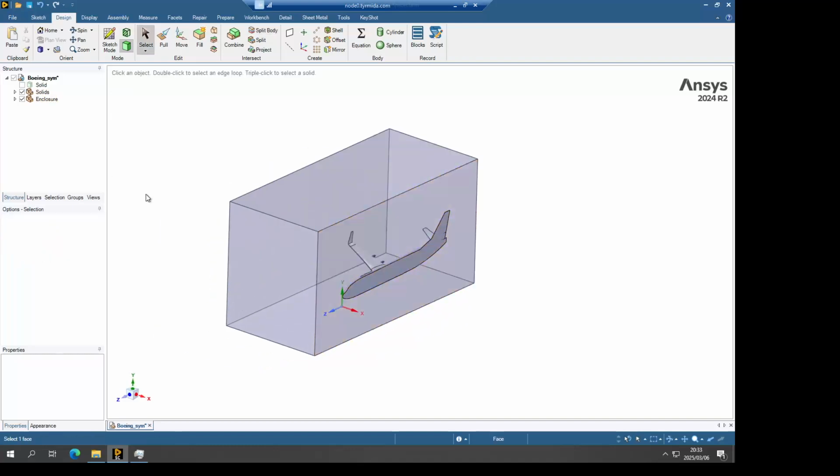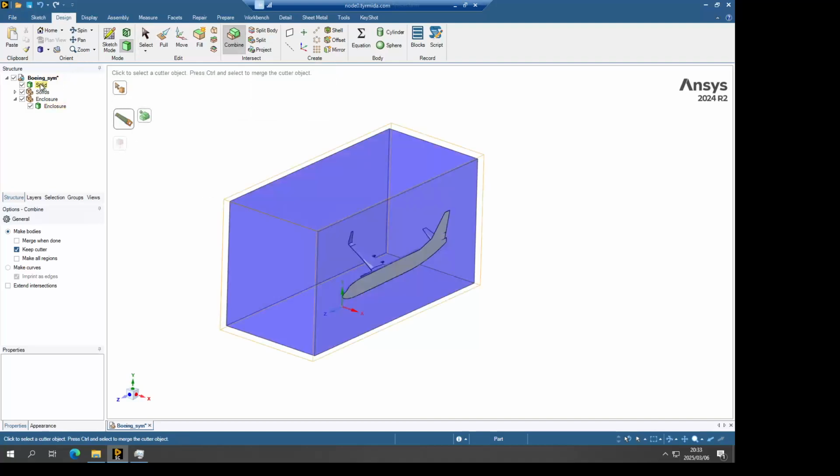Now we also need to account for that zone we have inside the engine. So we're going to do a Boolean operation to remove that also from the fluid enclosure, so we have that as a separate zone. For that we're going to use the combine tool, use the enclosure, and use the solid zone, which is that circular zone there, as the Boolean operation tool.